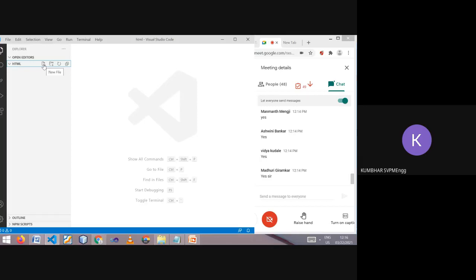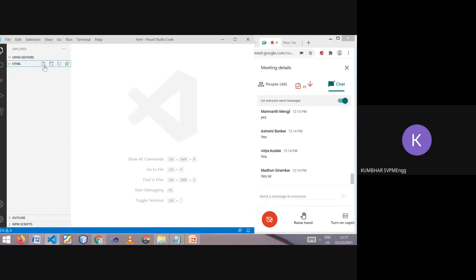The button with the plus sign is for creating a new file. This one is for creating a new folder inside the current HTML folder. The third button is for refresh, so that any changes you have done will be reflected. And the fourth is collapse folders in Explorer.